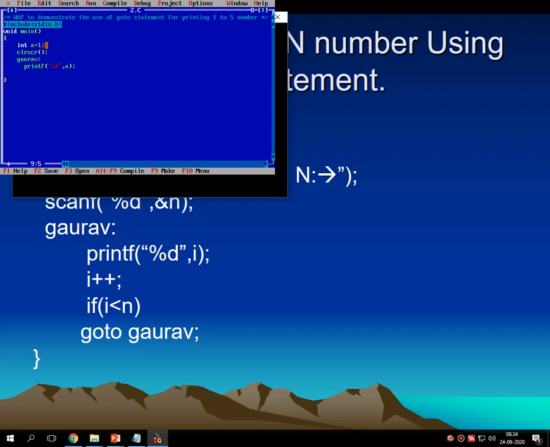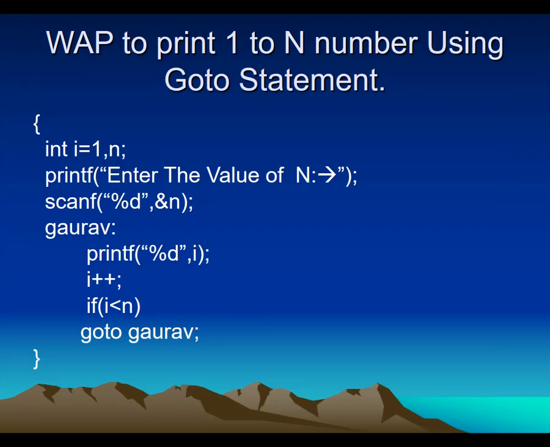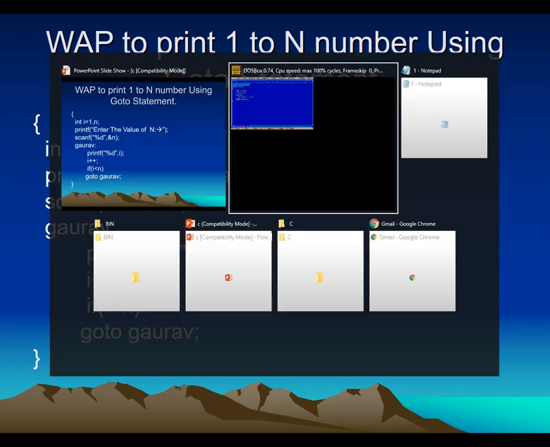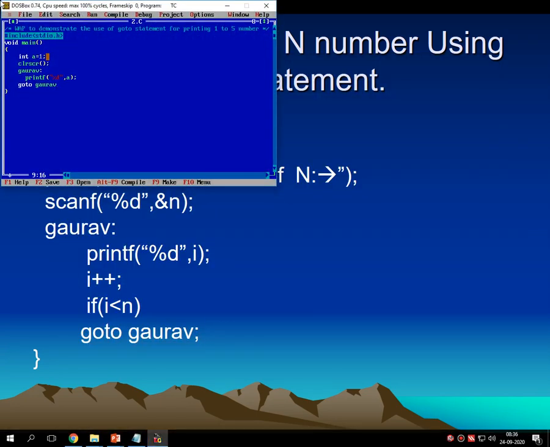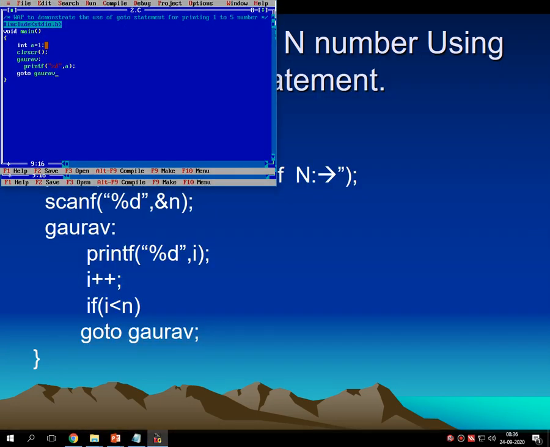Then here I am checking go to the label name. Let me check the sequence once again. First we have to give the condition and then the label name.